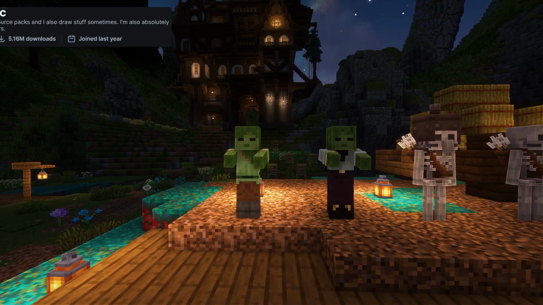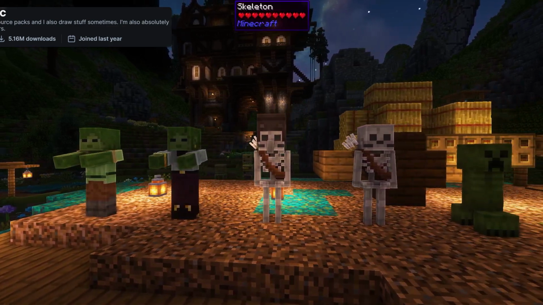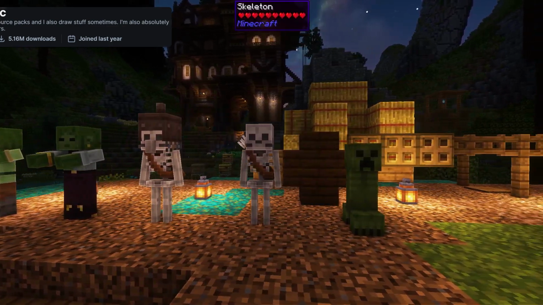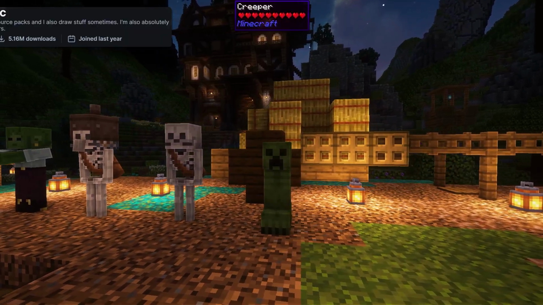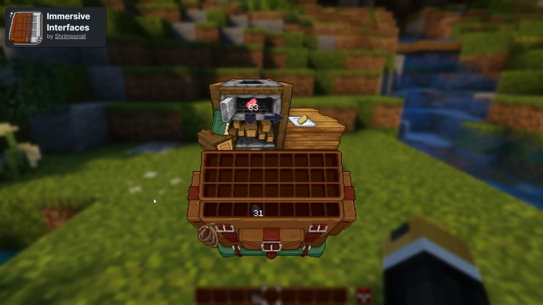Next up, we have All the L's Custom Mobs. We have custom zombies, custom skeletons, custom creepers, custom villagers, custom piglin brutes, everything. And at last, we have Immersive Interfaces. It's like one of the previous ones, but instead of being vanilla friendly, it adds really detailed interfaces to all